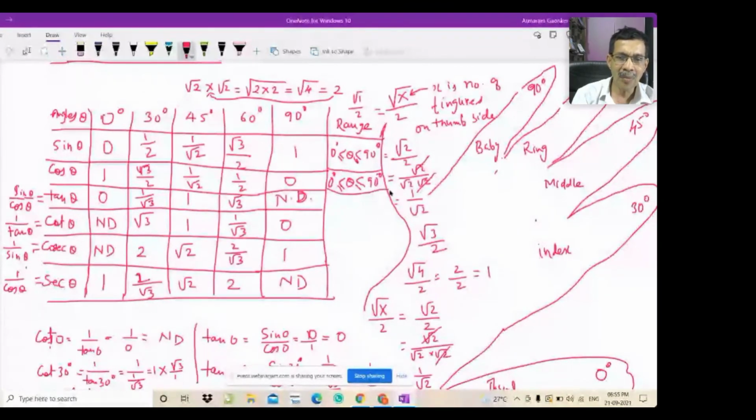Now further game is different. This game is different for tan of theta. For tan of 0 degrees, it is 0, so that means it is defined, and for tan of 90 degrees it is not defined. So I can write this theta is less than 90 degrees but not equal to 90 degrees. If it is equal to 90 degrees, it is not defined, and it is equal to 0 degrees because it is defined, so it is greater than or equal to 0 degrees.